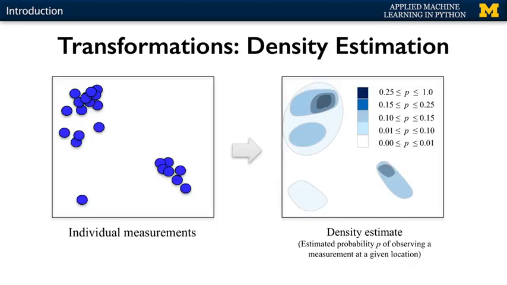Okay, let's look at some important unsupervised learning methods that transform the input data in useful ways. One method, called density estimation, is used when you have a set of measurements scattered throughout an area and you want to create what you can think of as a smoothed version over the whole area that gives a general estimate for how likely it would be to observe a particular measurement in some area of that space.